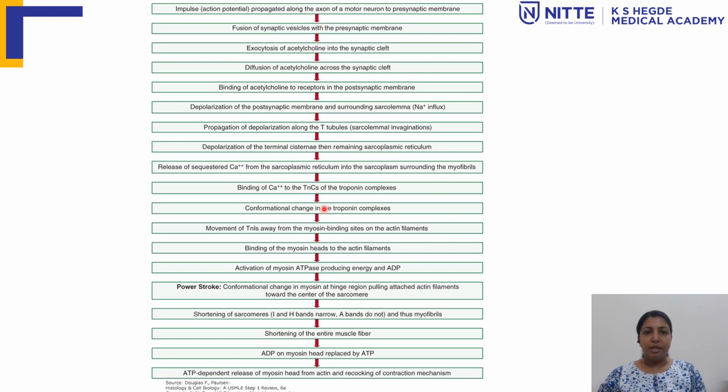So this is a summary of what we discussed today. So you can see you have the neuromuscular junction. The neurotransmitter acetylcholine is released, which will produce depolarization, that is increased action potential generated at the nerve membrane, which goes inside, opens the calcium channel at the DHP receptor, which will signal the sarcoplasmic reticulum, that is the ryanodine receptor, to release the calcium, which will go and bind to the actin and remove the tropomyosin from the binding site, and the myosin head can go and bind to the active site of the actin,